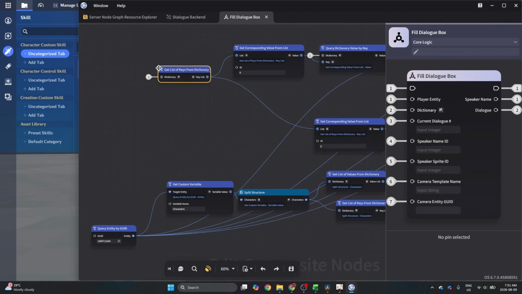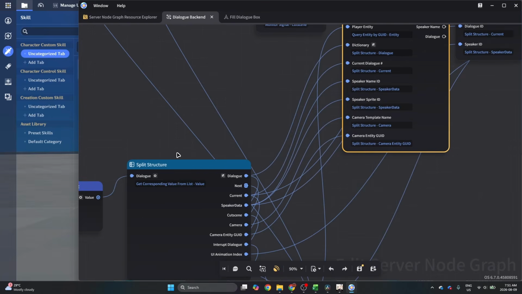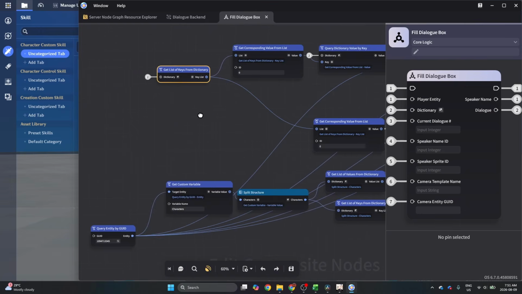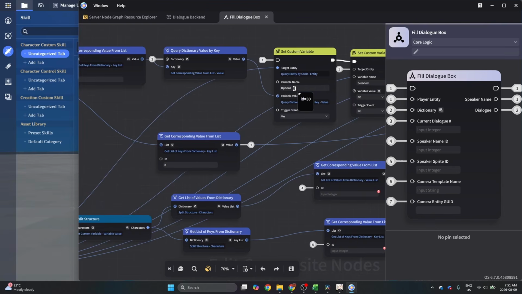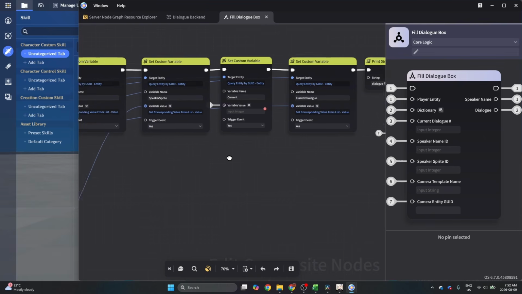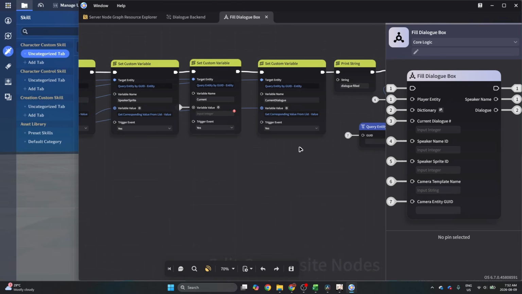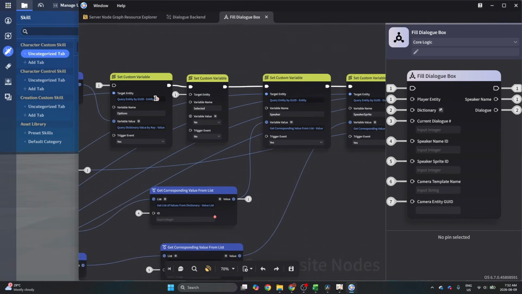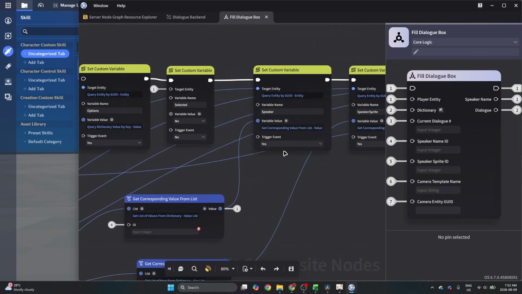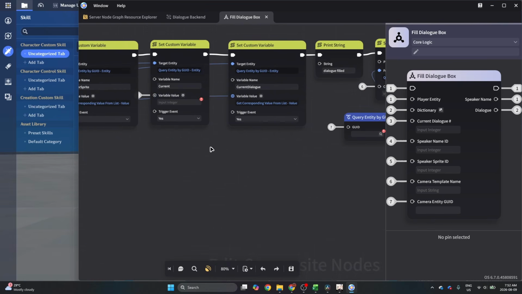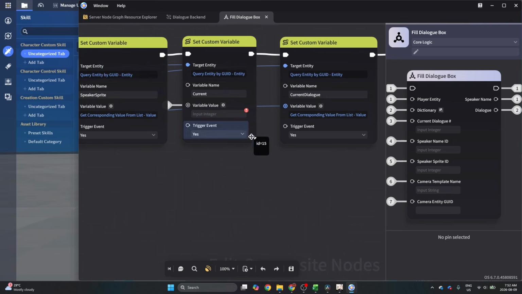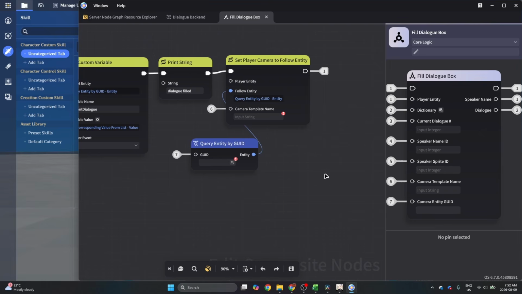So we're gonna grab the dictionary from this dialogue structure, and we're gonna use that to basically show the different response options the player can pick. And we're also showing the current dialogue, like what the speaker's saying. And from the other information, we could get the speaker information here, and then we also want to set the current custom variable, which is the dialogue ID, to the current one. And after that,